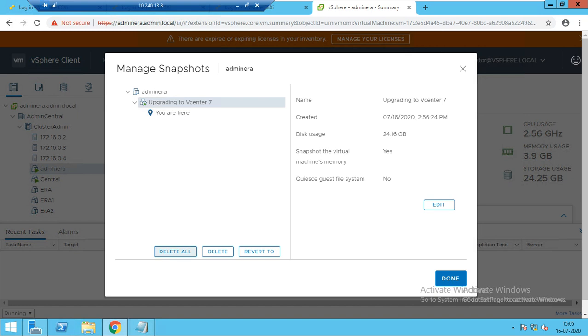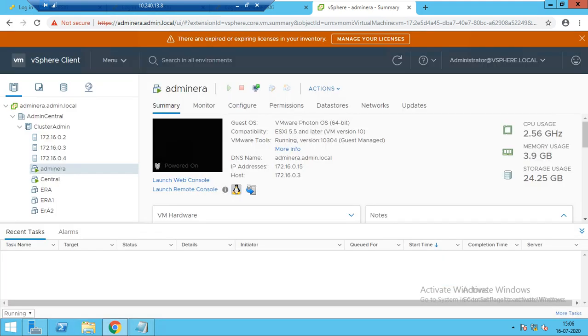You can delete all, you can delete, or you can revert if something goes wrong with your virtual machine. You just have to revert, and you will get the machine as it was before the upgrade. So this is how you can go about snapshot creation.